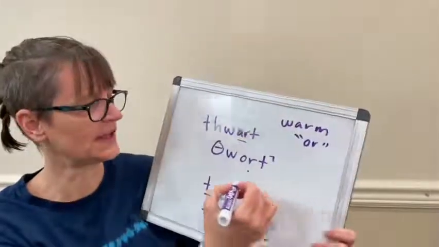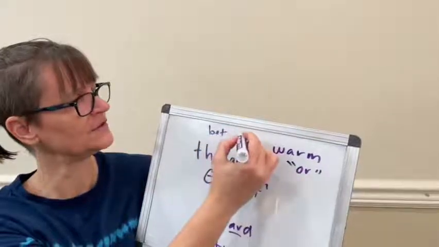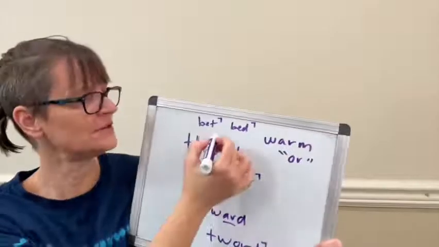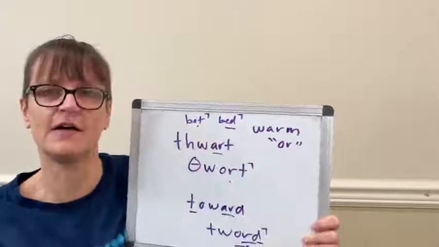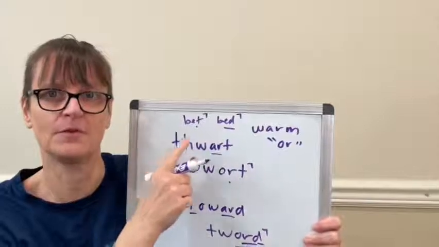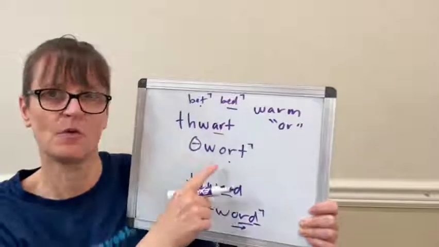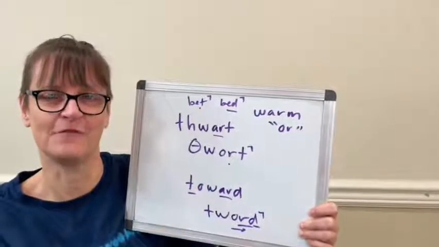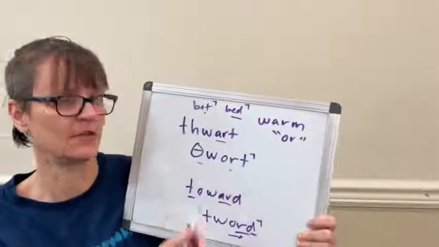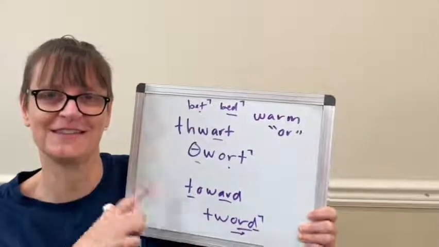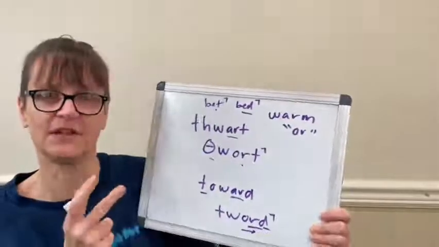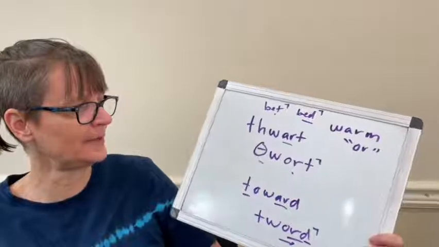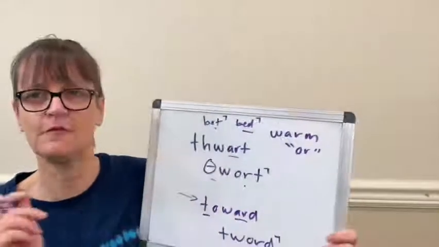When we're looking at words like bet versus bed, even if I'm using an unreleased stop on the ends of those, this one is shorter vowel and this one is longer vowel. That's how you're able to hear if I'm saying bet or bed. Same thing with thwart or toward. You can hear the difference in the T and the D with the length of the vowel. They're also different because the thwart has the TH with the tongue between the teeth, and toward has the released T, toward, with the tongue behind the teeth. I believe I have a video for toward. I don't have one for thwart, but